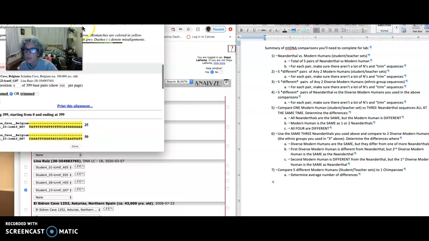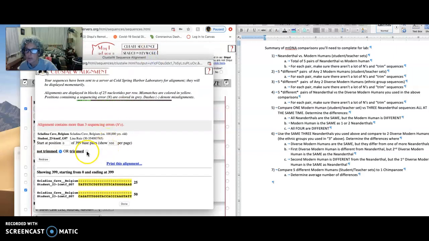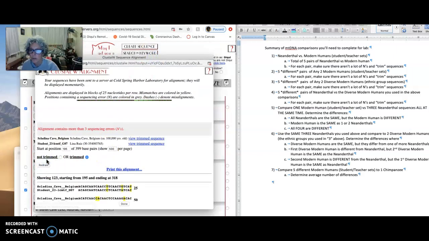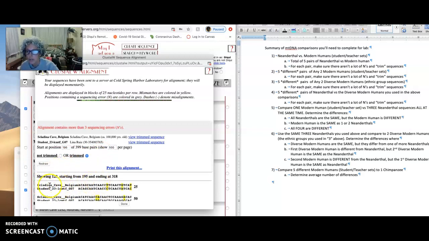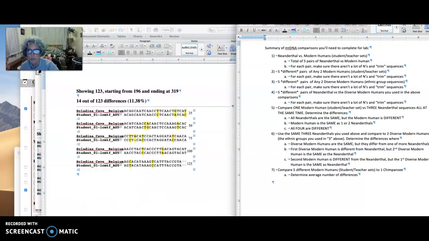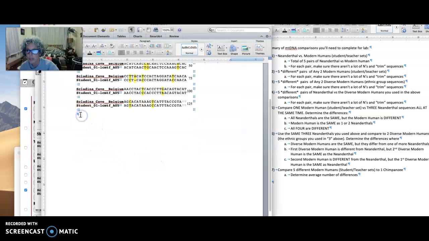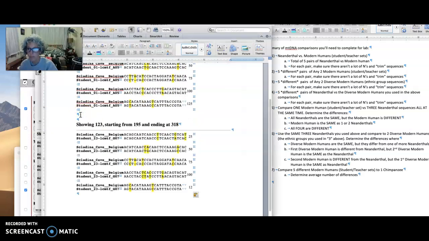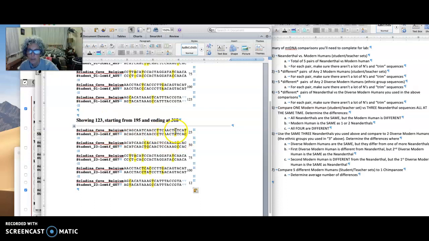So we'll do the trimmed sequence, redraw it. And again, we have 123 base pairs. The Neanderthal on top, the student on the bottom. I will highlight that. Control C to copy. Go to my Word document, and I can have my second comparison. Paste it. And I've got 1, 2, 3, 4, 5, 6, 7, 8, 9, 10, 11, 12, 13, 14, 15, 16